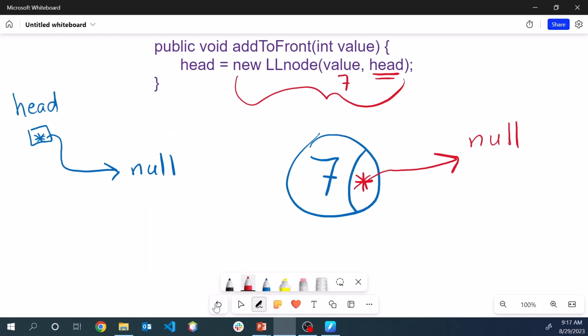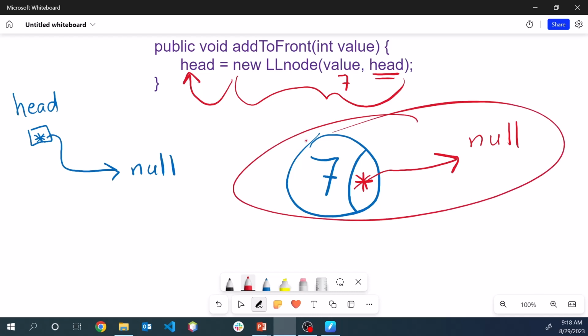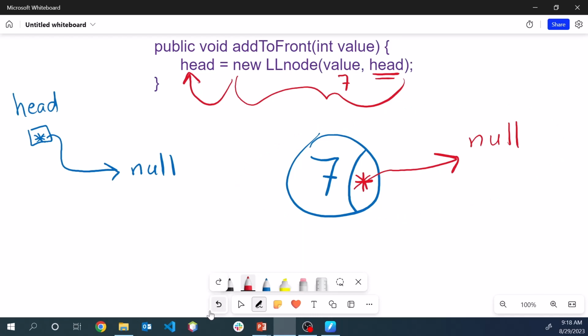And so therefore null is what is saved inside that second parameter, and therefore that's what gets saved inside the next of the new node. That's the right side of this assignment statement. Well, now what does that assignment statement do? It's an assignment. We have to take whatever we did on the right and save it into the left side. It says take all of that and save it into head. In code, what that really means is we're just going to change where head points to. So instead of head pointing to null right here, head is now going to point directly to